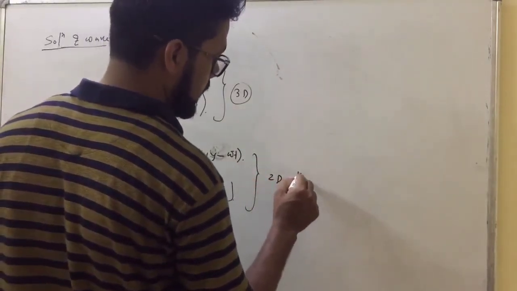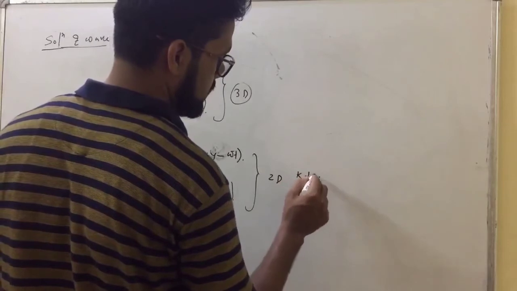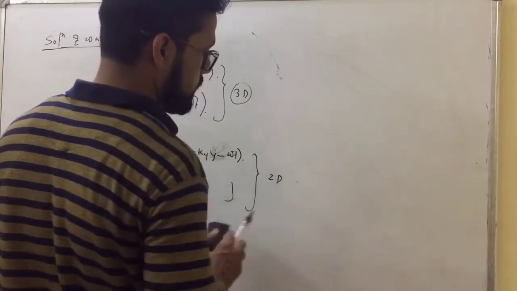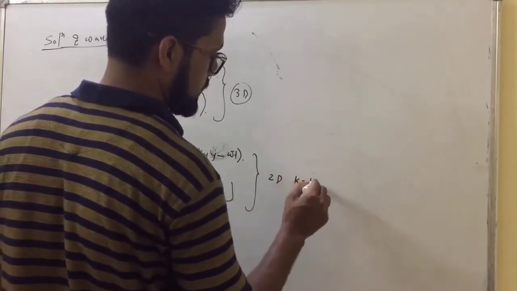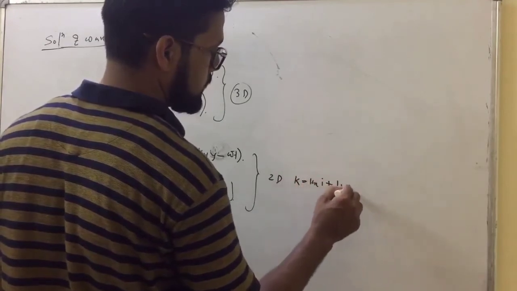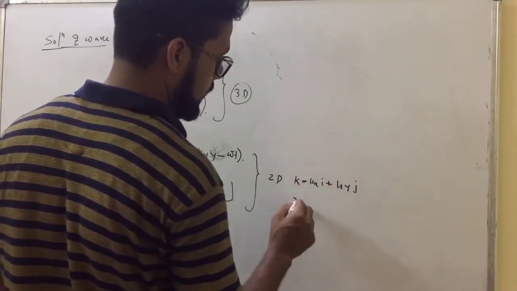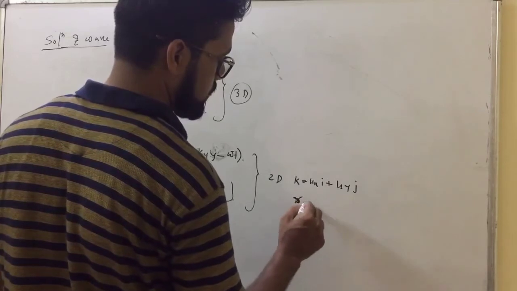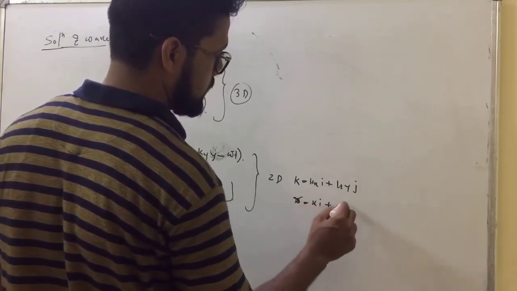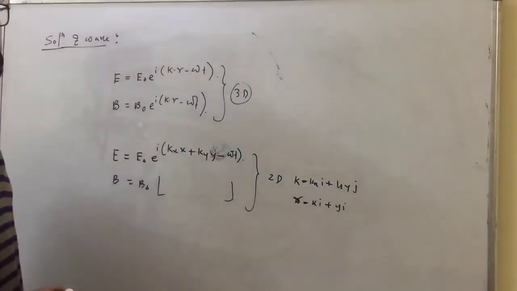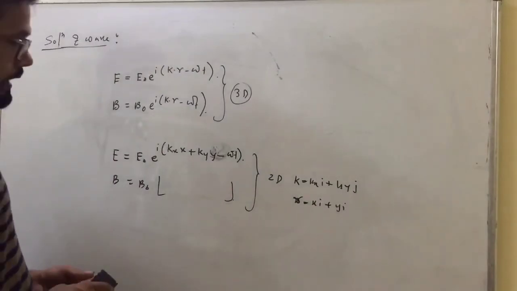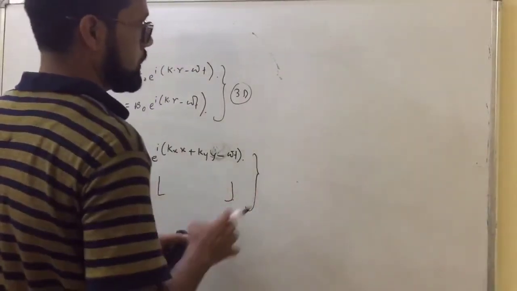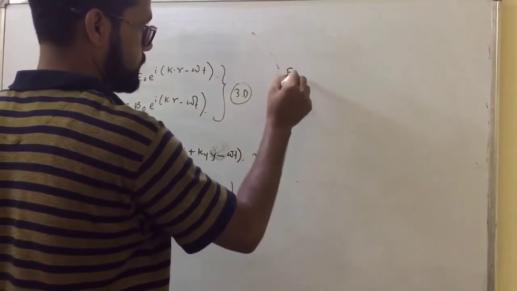Because k equals kx i vector plus ky j vector, and r equals x i plus y j. If you take the dot product, you will find this. This is the two-dimensional solution. And the one-dimensional solution we simply write as